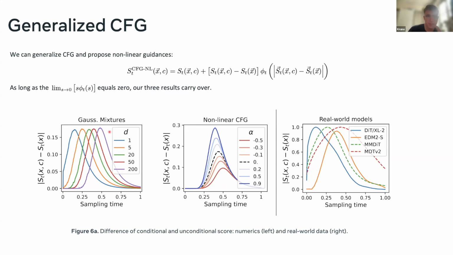At some point, this difference of the scores is going to increase, and then at some point it's going to decrease and go back to 0. And why does it go back to 0? Well, you can think about this as once you're very close to the data, if my bumps are separated, the score field is going to be exactly the same, whether I'm class conditioning or whether I'm not class conditioning, because I'm guaranteed to end up in that bump.